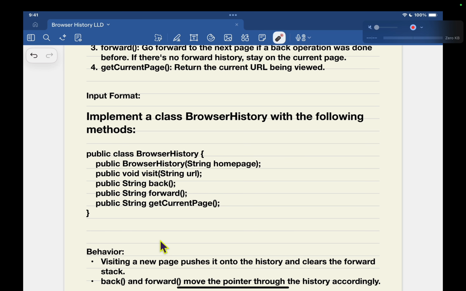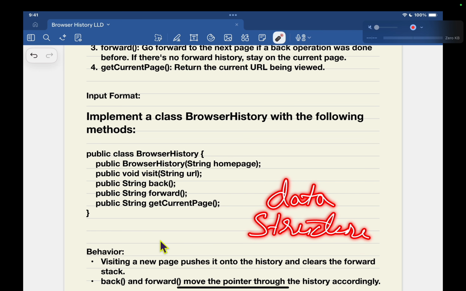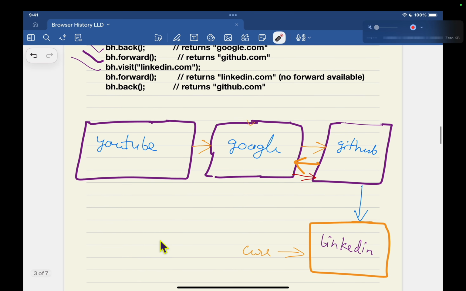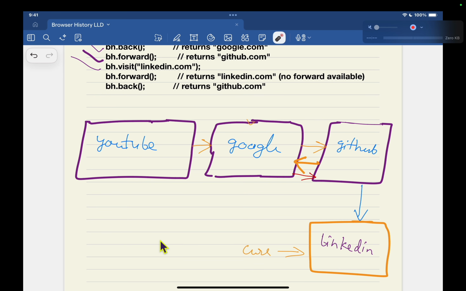So these types of questions require us to implement the logic only, and that requires certain kinds of data structures. We need to identify a data structure that should fulfill this condition,